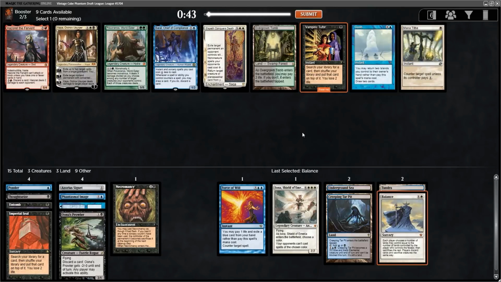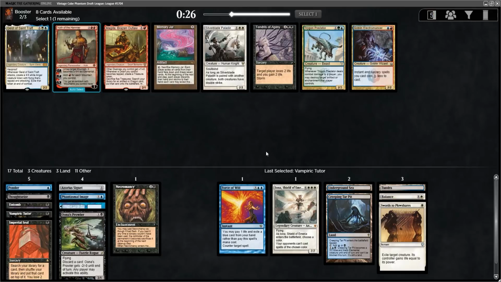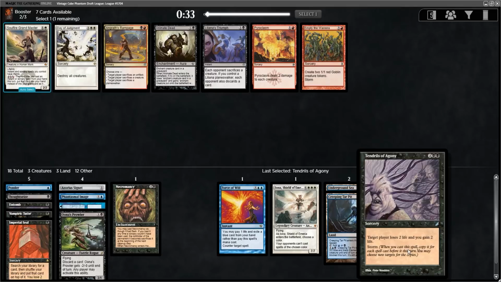Wow, Vampiric Tutor now. That might replace Imperial Seal. We'll see how the deck ends up, but obviously Tutor is just better than the Seal. Okay, I mean, there's the Tendrils. Could also splash the Geist of Saint Traft. It's not crazy. I'm not a huge fan of Memory Jar in Reanimator, just because you need to do that immediately, so it's just so awkward finding one piece but not the other with Memory Jar in this type of deck. I'll take the Tendrils. Maybe there's a world where we wheel the